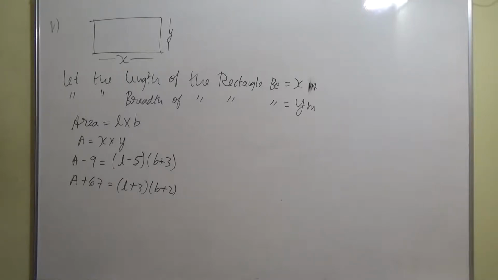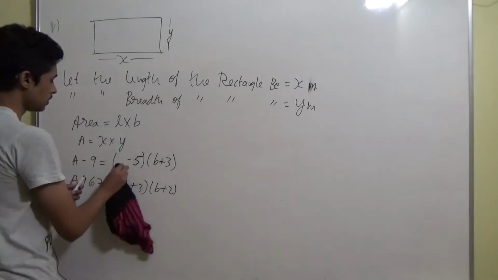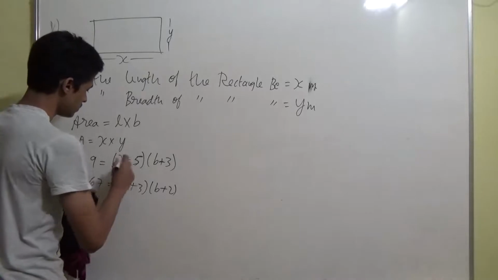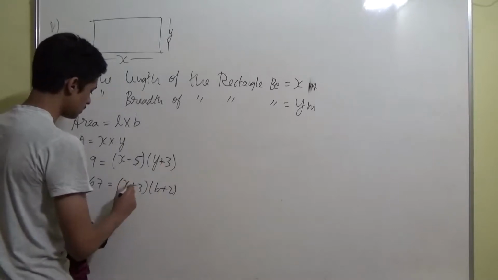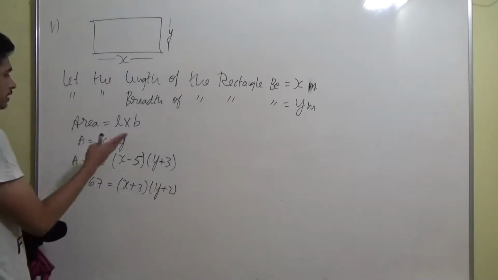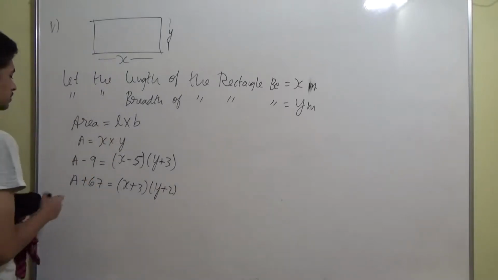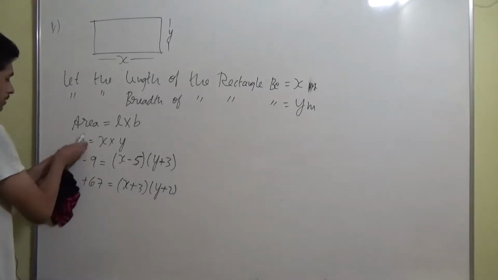Just a minute guys. Here I'm thinking how to go ahead. Okay guys, the thing is area is equal to x into y, right? So length is equal to x and breadth is equal to y. So I'll replace here also. L is equal to x, B is equal to y. Because both places it should be the same. One place it will be L into B, one place it will be x into y, meaning it can't be solved. So in place of A, what can we write? We can write x into y. So in place of A, we'll be writing xy.